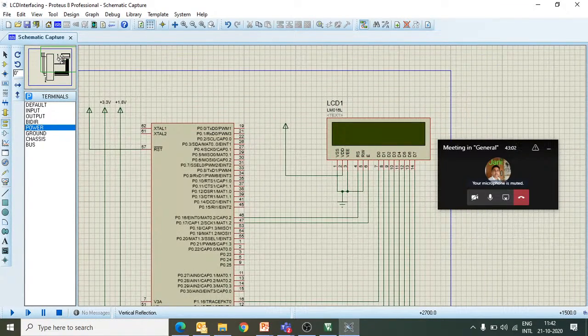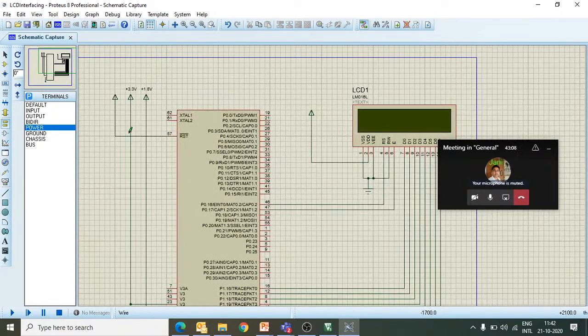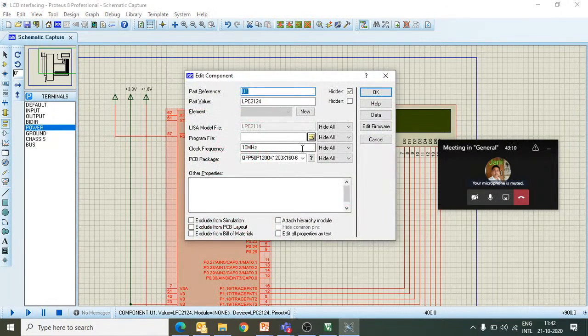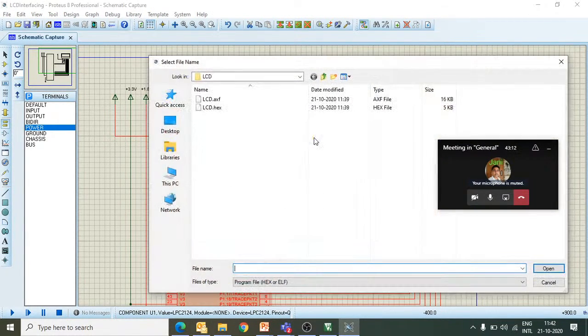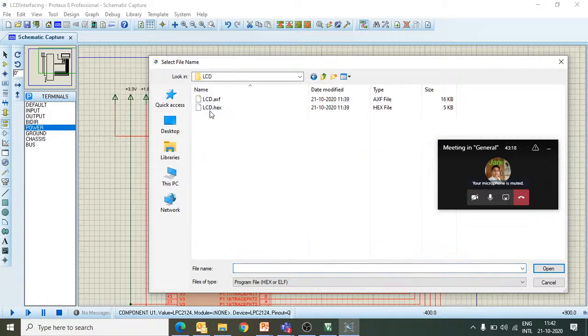Now I think all the connections we have made. The only job left is to specify the hex file for this. So let's double click on this and try to find the hex file. As we can see, the LCD is there, ARM2294, and lcd.hex is available here.